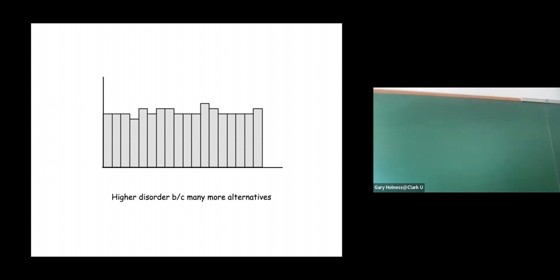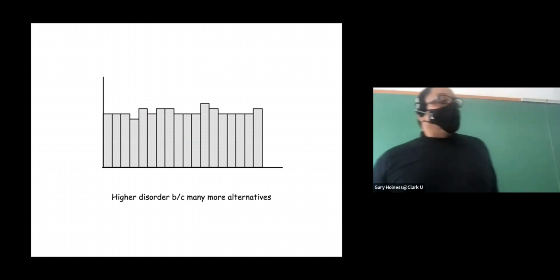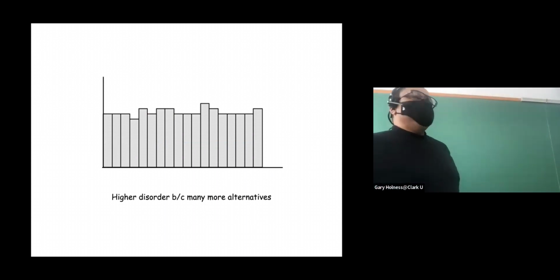Does that make sense? Any questions? No? All right. And so let's take a look at this system. Now, this system puts most of its probability mass in a narrower range of values. And so here, there are fewer alternatives. So this is more like that 8-bit example, where the former, this uniform distribution over the observations, is more like that 16-bit example. And so this idea of lower disorder is this notion of information.